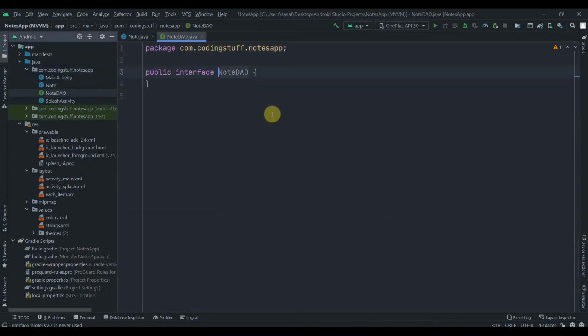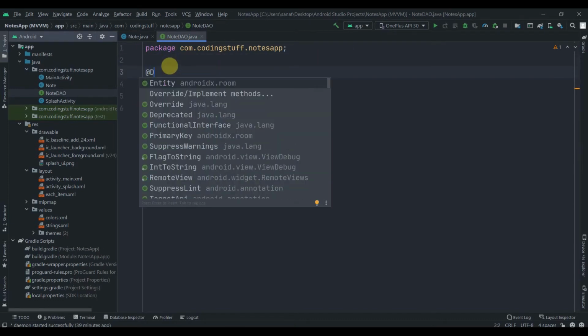So hit OK. DAO has to be either an interface or an abstract class, because we don't provide a method body. We just create the method and annotate it, and then Room takes care of all the code that is necessary to perform that operation.